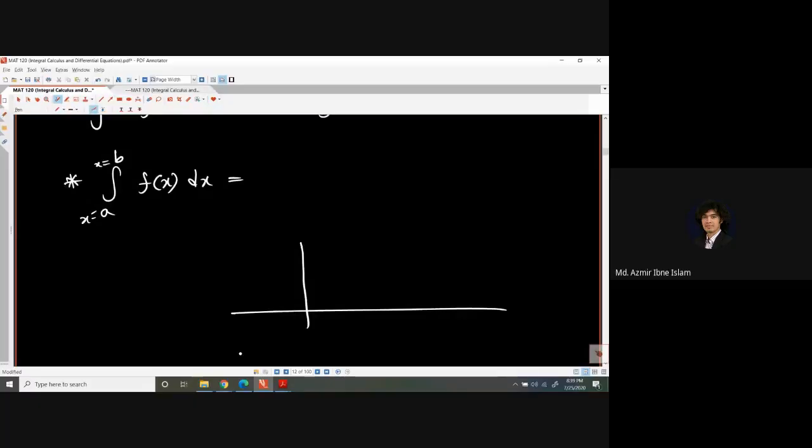You will understand what I am trying to say. x equal to a, that means the lower limit is here, and suppose this is our upper limit, x equal to b, and the function, it may be a curve. So in order to find the total area, for the simplicity of our calculation, we can think about another